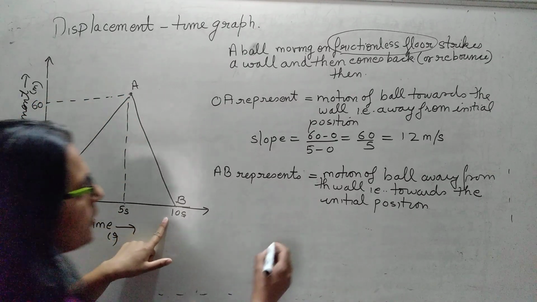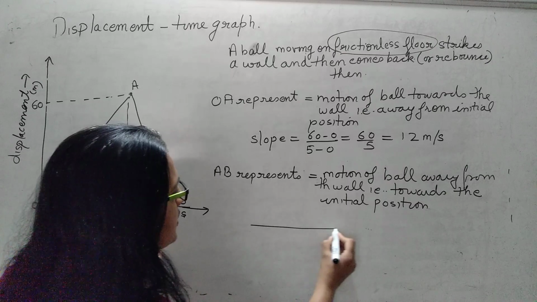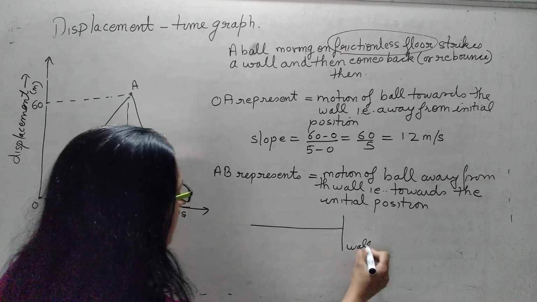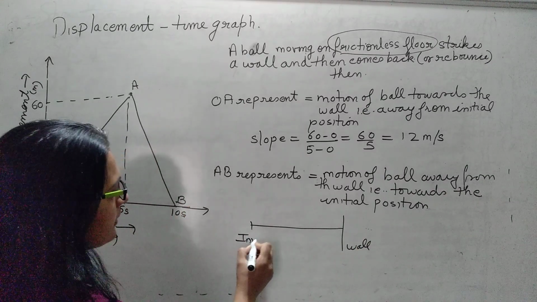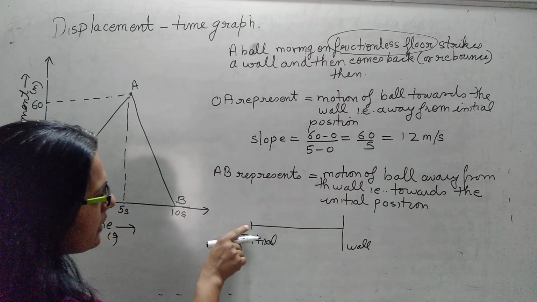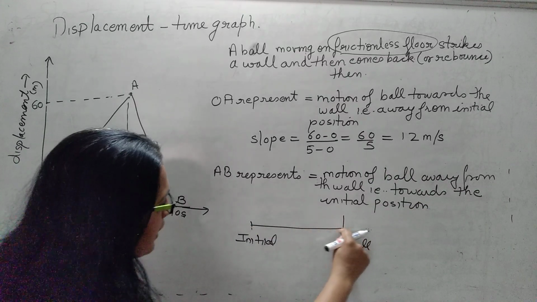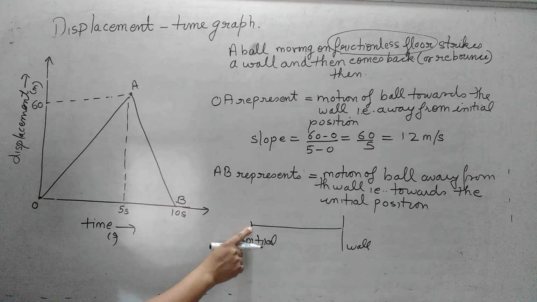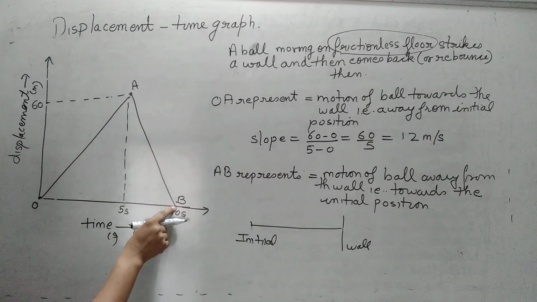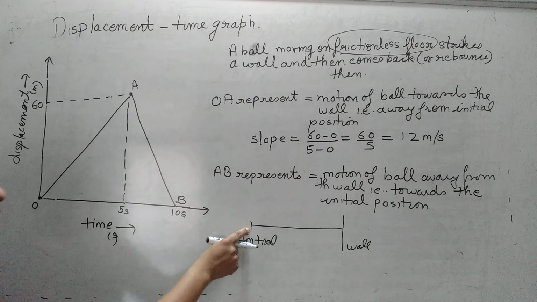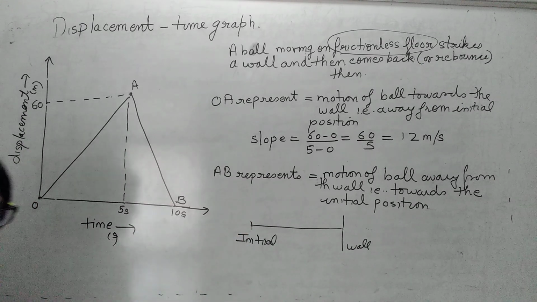Now ये जीरो का मतलब क्या है? जैसे बॉडी ने यहाँ पर जीरो, ये वॉल है, ये इसका है इनिशियल पोजीशन. बॉडी ने यहां से शुरू किया, बॉल के बाद जब वो वापस इनिशियल पोजीशन पे आई है, दिस इज दैट इनिशियल पोजीशन. From ball to the initial position, that is 0.